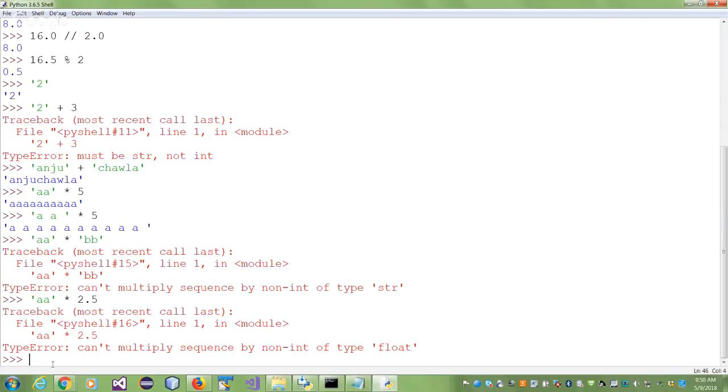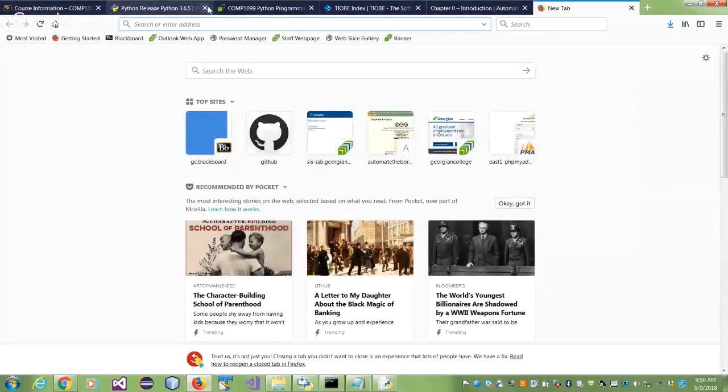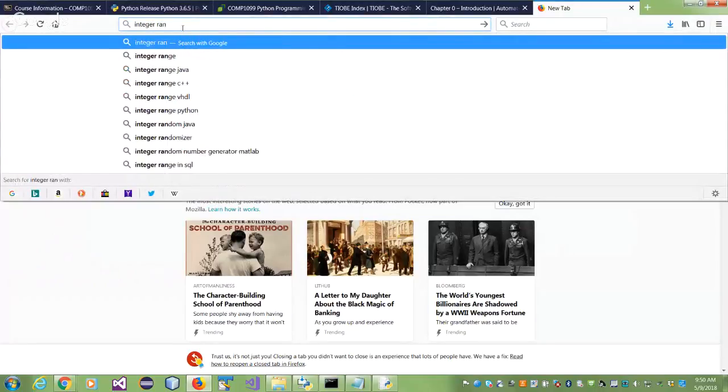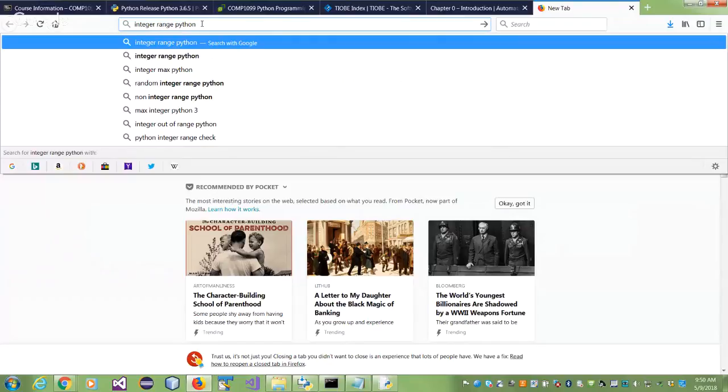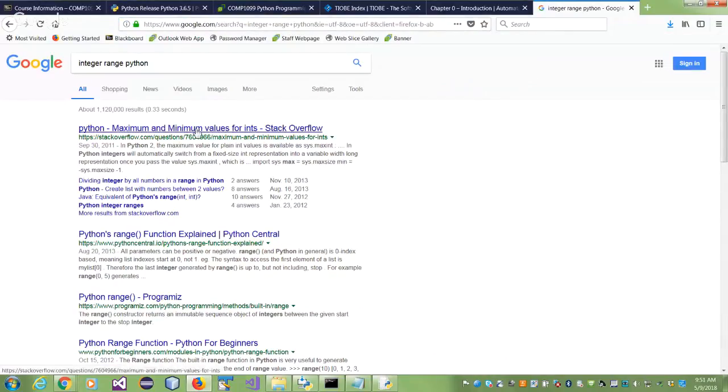So if I wanted to find out, just for information, what is the range of integers? If it doesn't have a range, then yeah, because it's not a predefined constant in Python. It's not like it's a 16-bit int.